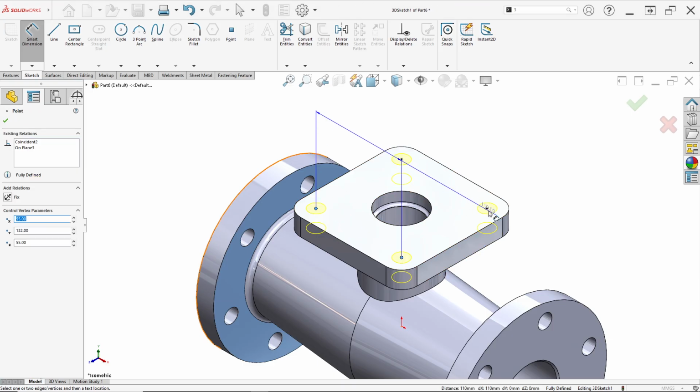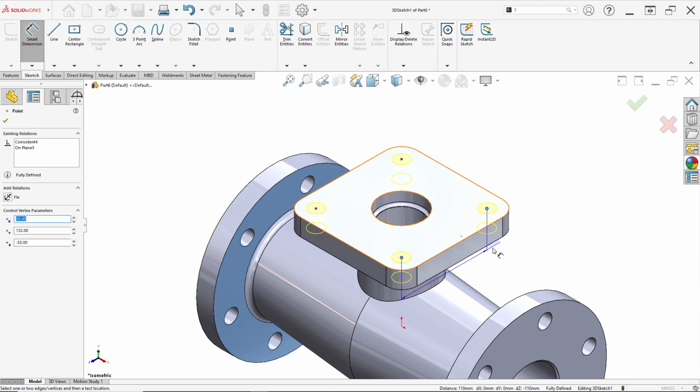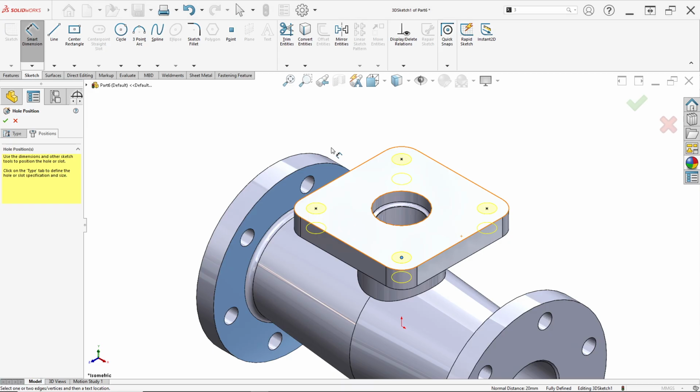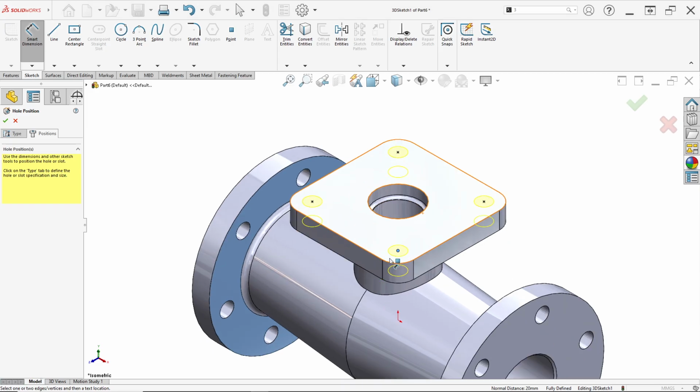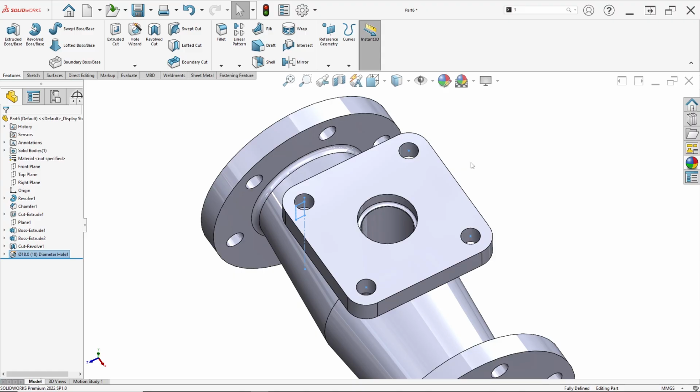Sorry, we can check this point to this point is 110, and this point to this edge is 20, it's correct according to this drawing. After that, we click OK, and automatically you can see the holes like this.